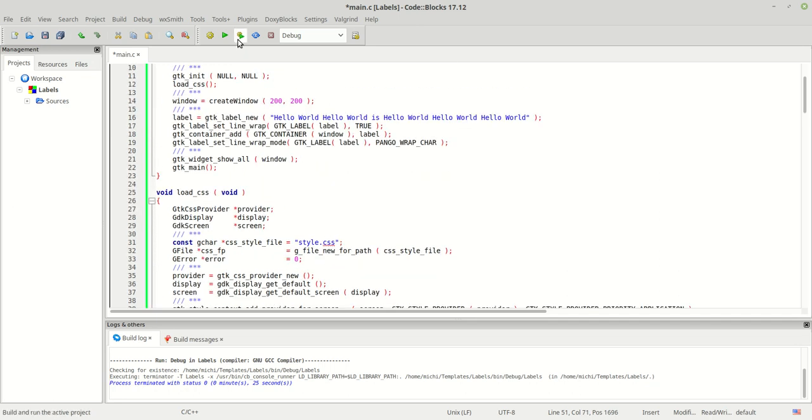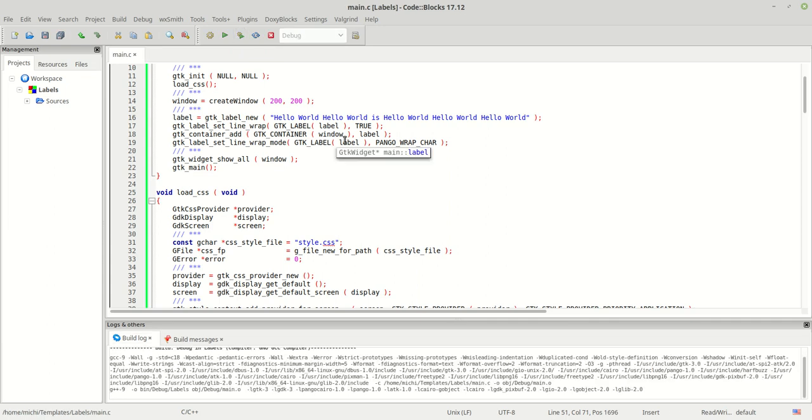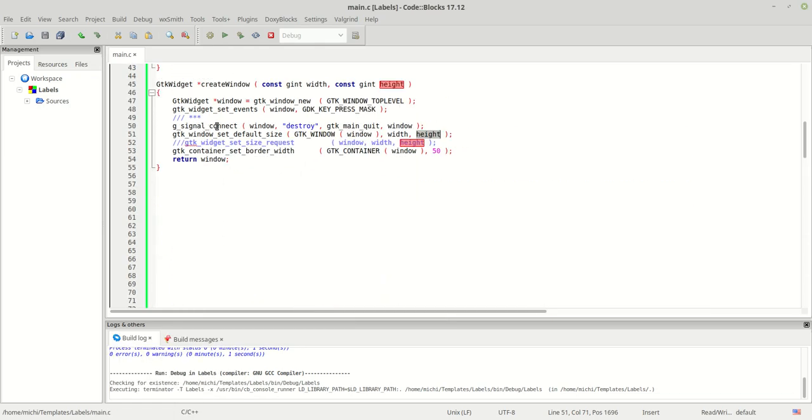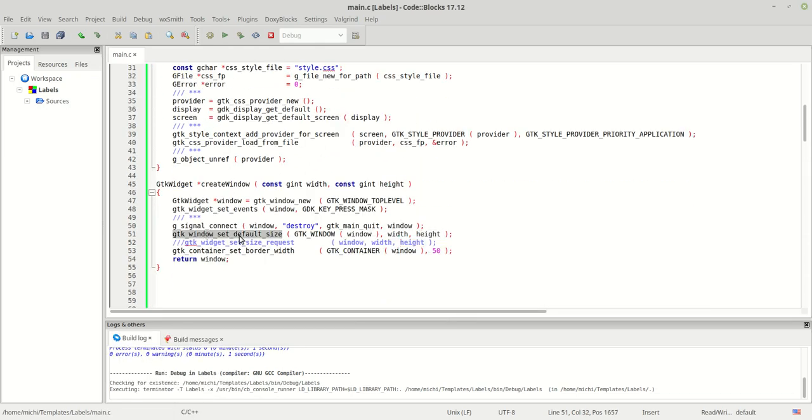Now let me run the program and you will see something. Watch. This is a very important thing for you guys. You see this? Now the window is very big. I didn't change anything, I only called this function. This time I called GTK window set default size instead of set size request, and it looks messy. Why is this window so big, and why should I have it so big? I mean, I don't need it. Well, that happens